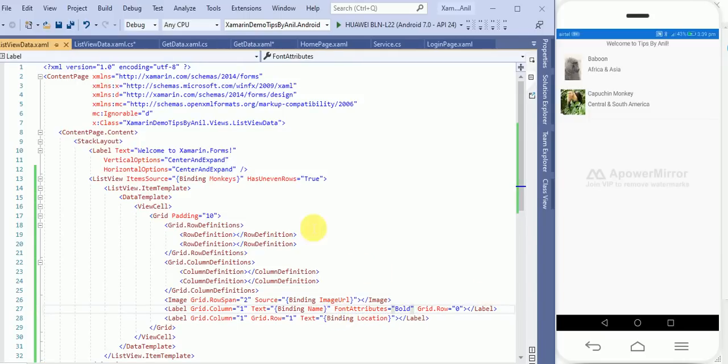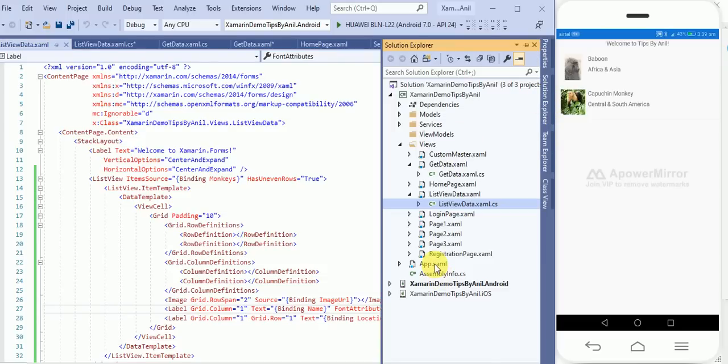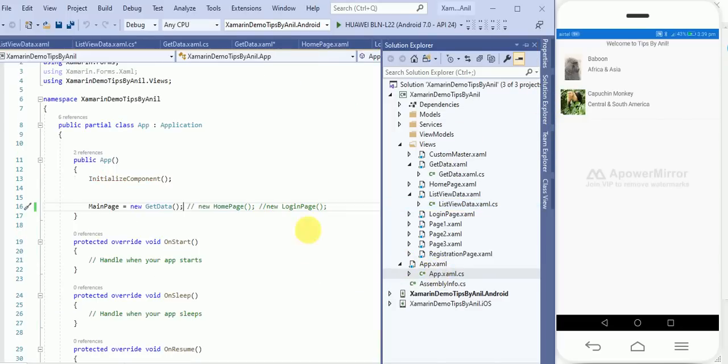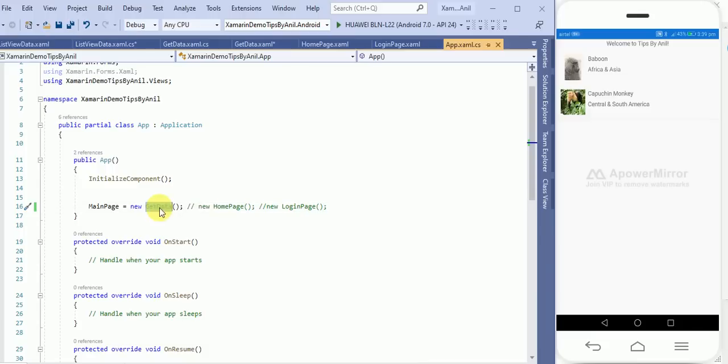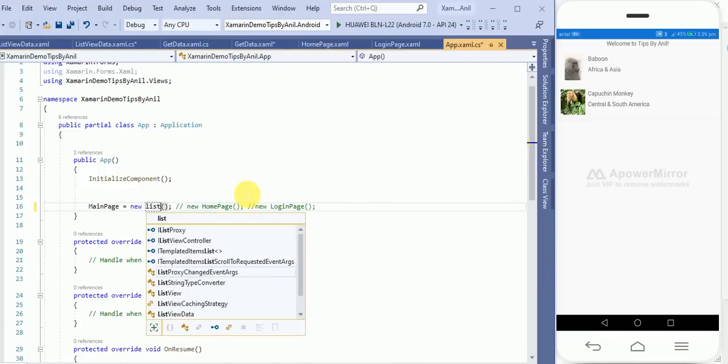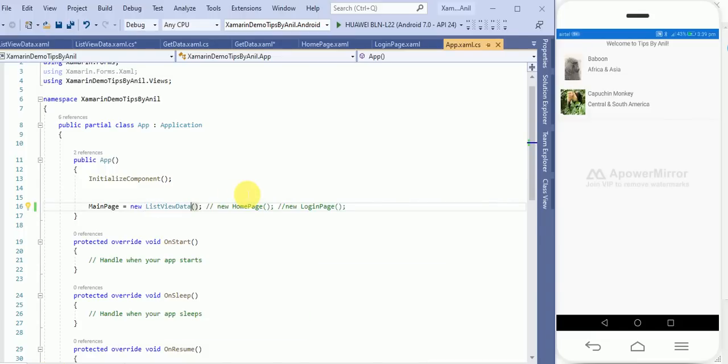Now if I run it, I have to define this page as the main page, ListViewData. Now I will run it.